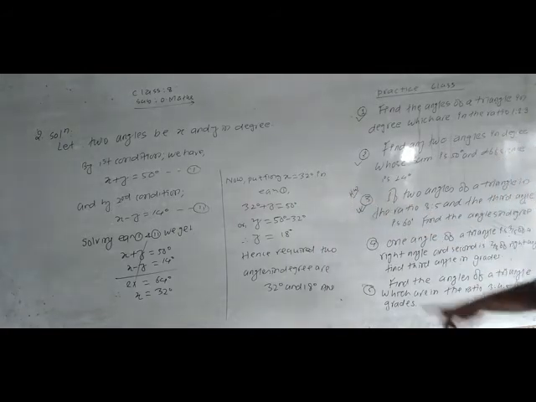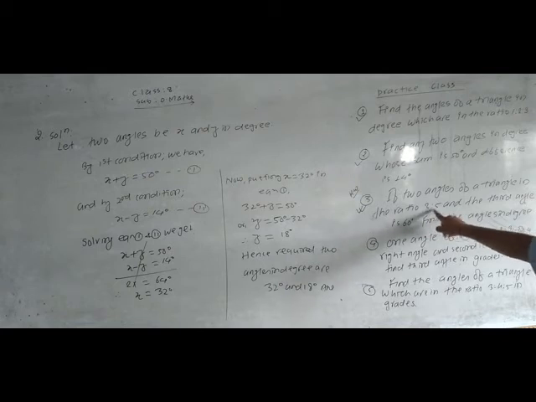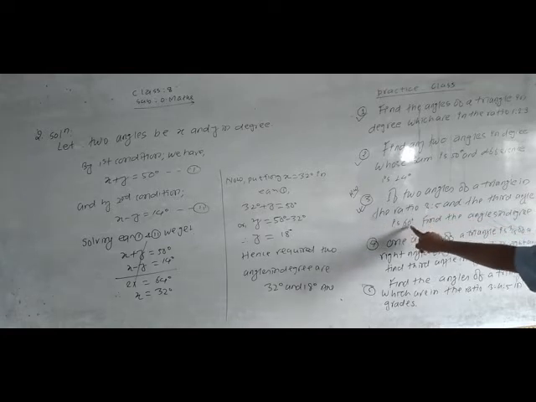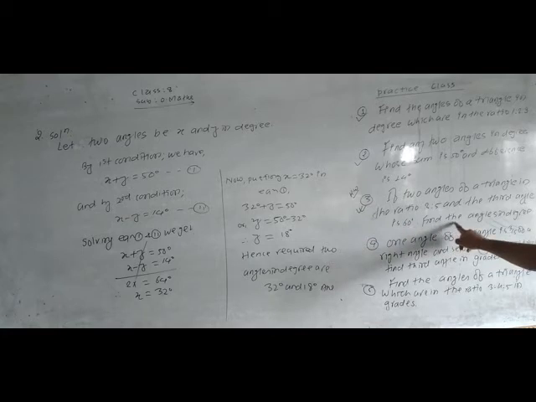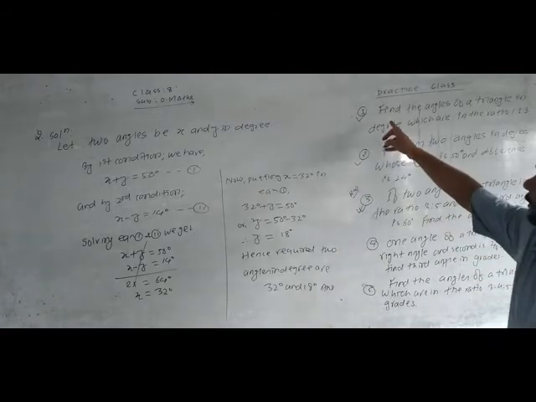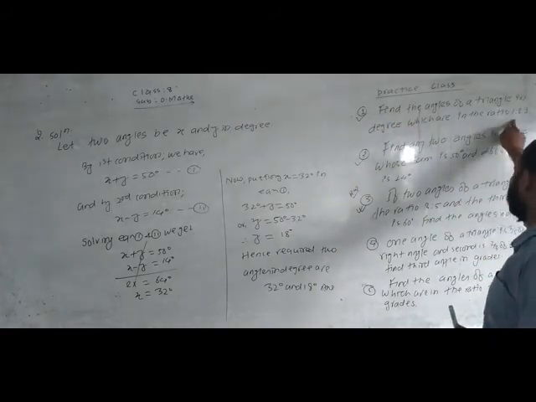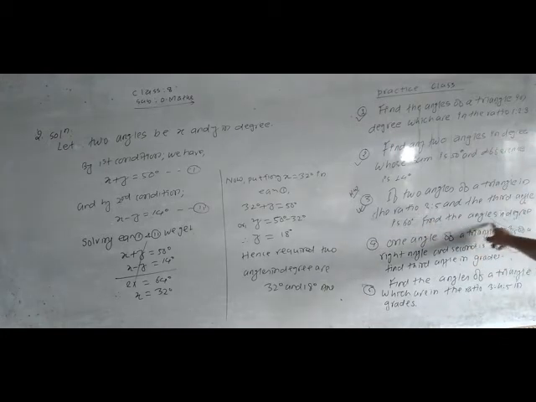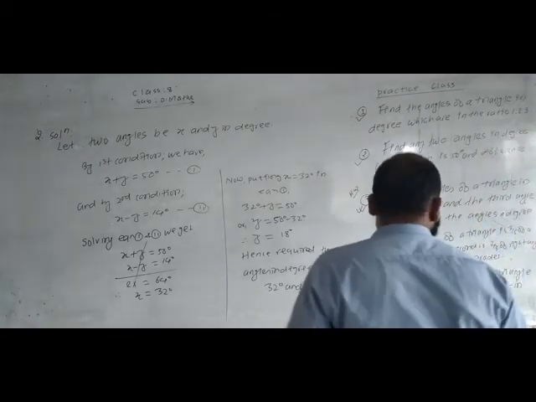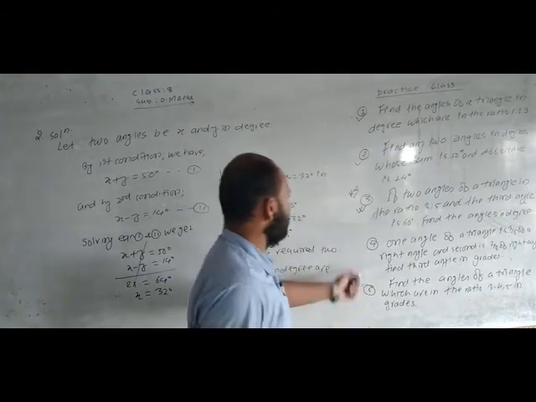Now look here. Let the two angles be 3x and 5x. So if we have the triangle ABC, then one angle is 3x, another is 5x, and one angle is already given here, 60 degree. And your question says find the angles in degree. Same as example number 1, where all angles were in the ratio; here there are only two angles in the ratio and one angle is given.